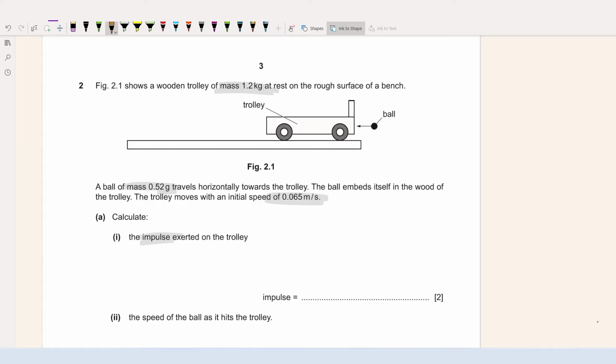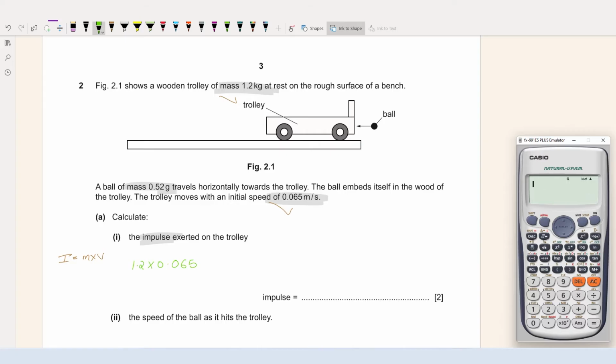The formula for impulse is mass into velocity. We are given the mass and we have the velocity as well. So the mass of the trolley is 1.2 kg and the velocity is this. 1.2 into 0.65. We can put this in our calculator